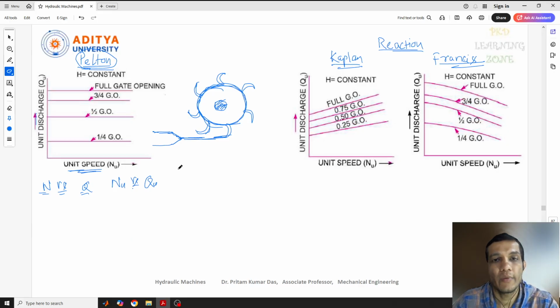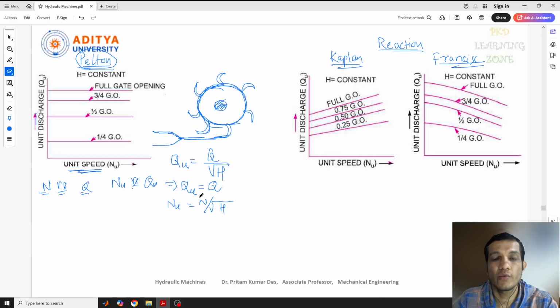Because we have seen in previous lectures that unit discharge is nothing but the discharge with respect to root over of H. That means here head is constant, H is constant, I have taken. So if H is constant, then we can write QU equal to Q. Similarly, if I consider the unit speed, we know that it is N by root over